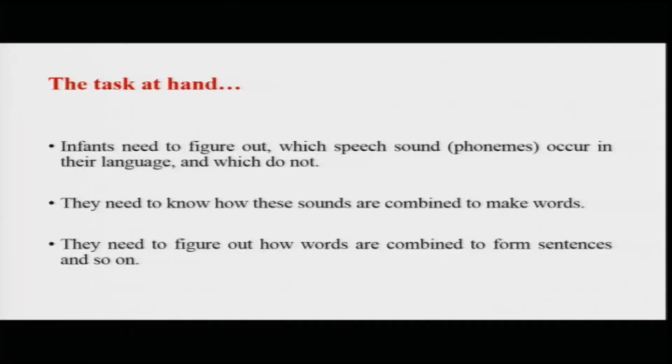The child also has to figure out the rules that are used to combine these things. And once the child figures out, okay, this is papa, this is mama, this is cat, this is dada, the child will eventually then need to understand the meaning of each of these constructions. So you see, to a child, these seem to be very difficult tasks. If you really want to get a taste of how this probably happens, you could, and I always say this in class, try listening to a movie which is not dubbed in your own language.